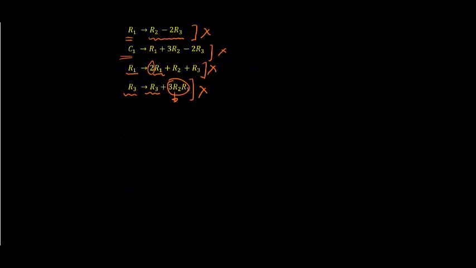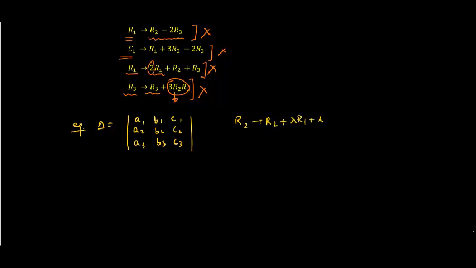Now let's understand why these transformations are true. Why this works mathematically. कि हम किसी रो को इस तरह से ट्रांसफॉर्म करेंगे तो उससे डिटरमिनेंट की वैल्यू क्यों नहीं इफेक्ट होगी. तो we will try to understand this. So suppose you have a determinant, for example, let's say delta, which is a1 b1 c1, a2 b2 c2, a3 b3 c3. Suppose we have this determinant, and then in this determinant I am going for a transformation. Let's say I am using R2 को मैं लिखता हूँ R2 plus lambda times R1 plus mu times R3. I am using this transformation in second row.